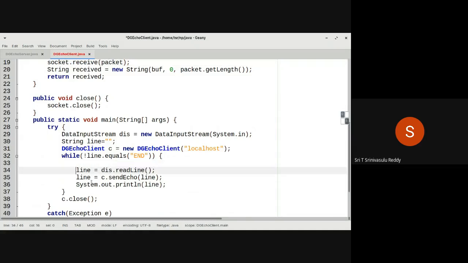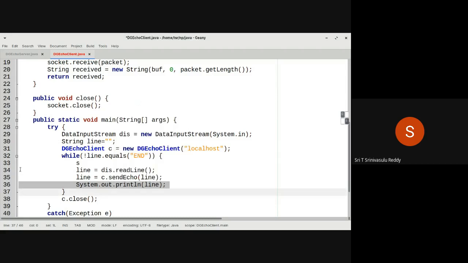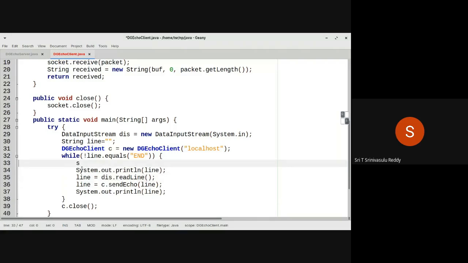We can prompt the user, System.out.print, no line, with some prompting within this.